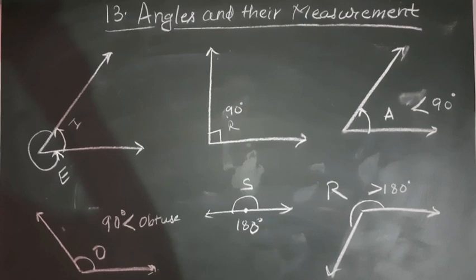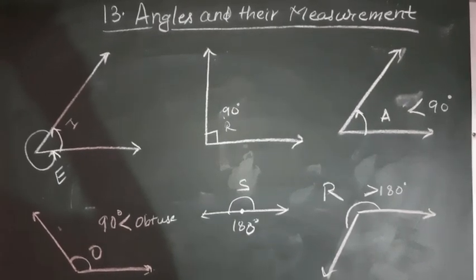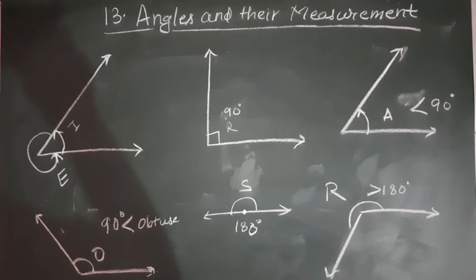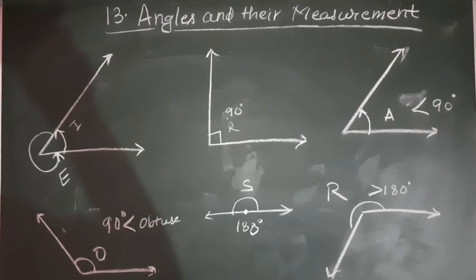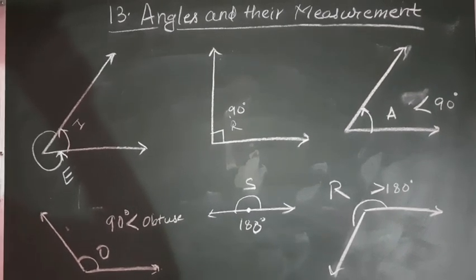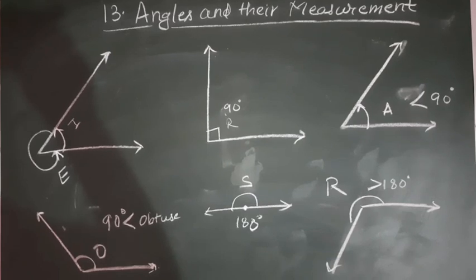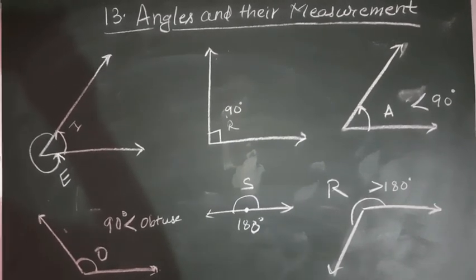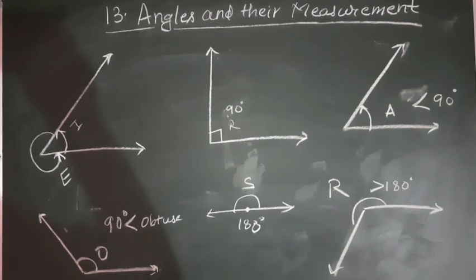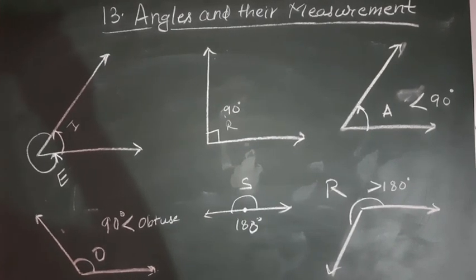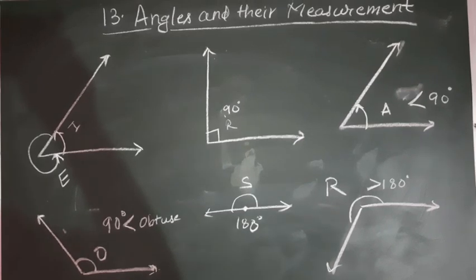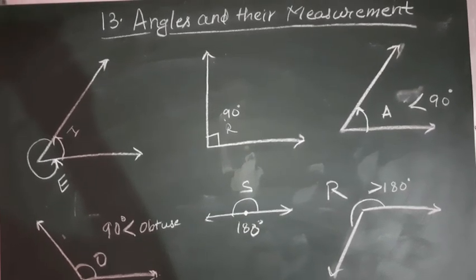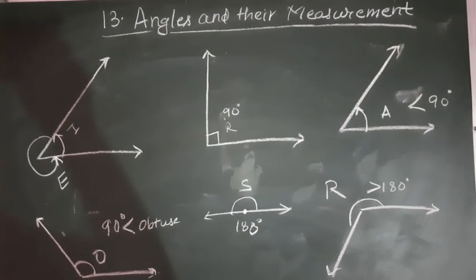Okay? अगर आपका राइट एंगल जो है, जो आपने एंगल बनाया है दो रेस से, if it is less than 90 degree, then it is called acute angle. But if it is more than 90 degree, then we call it obtuse angle. Now what is an obtuse angle? I have drawn the image of an obtuse angle, fourth image. So as you all can see that it is greater than 90 degree. 90 degree से ज़्यादा है. If it is less than 90 degree, then it is an acute angle.